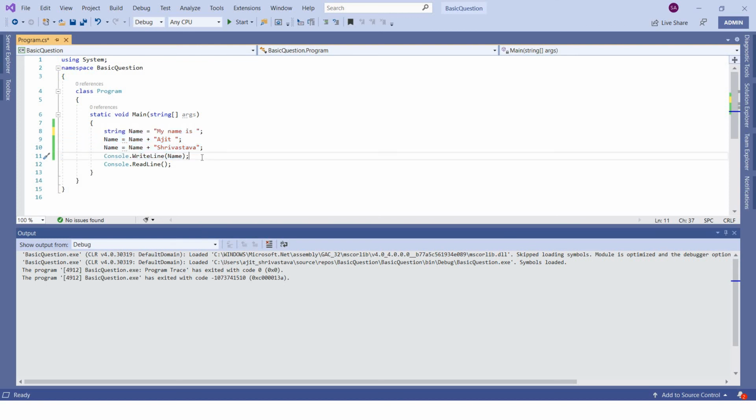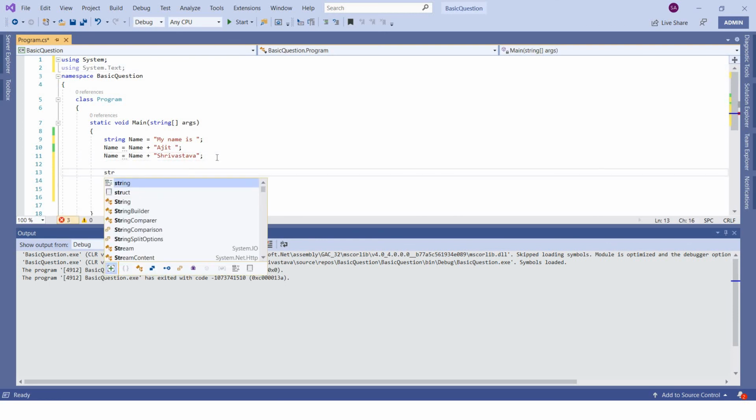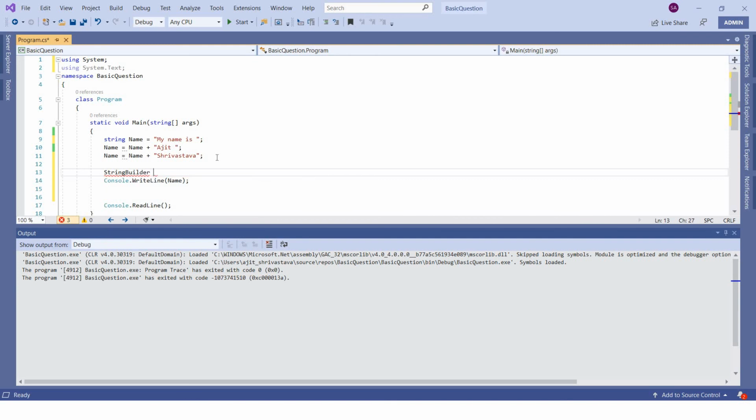I'll just demonstrate that. So StringBuilder is inside the namespace called System.Text, using System.Text. And how to use a StringBuilder is like this. Just type StringBuilder, and just give a meaningful name, any name.